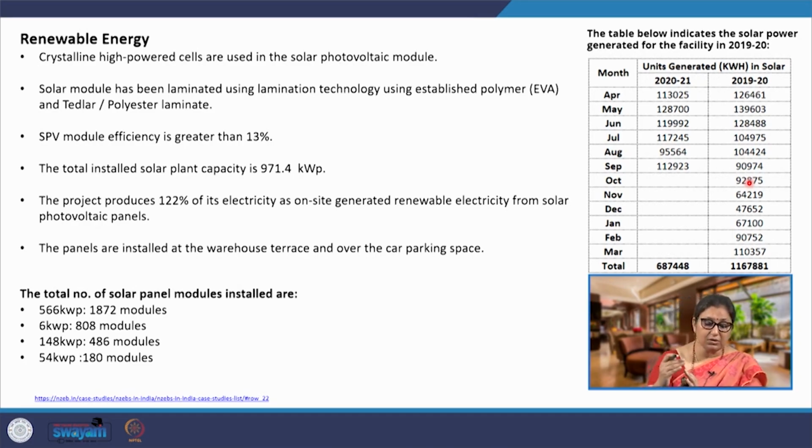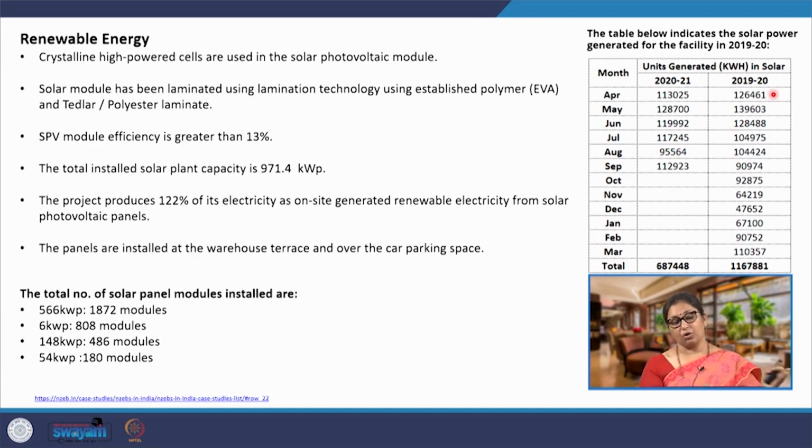So, around 122% of the electricity that is consumed is generated on the site itself using these solar photovoltaics, and it makes this building not just net zero, but an energy positive building. It gives back to the grid. So, overall energy consumption has to be reduced first, which has been done,